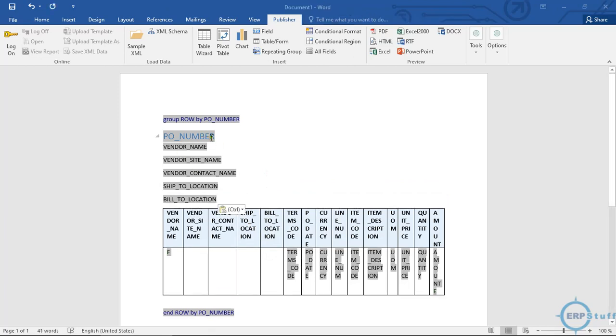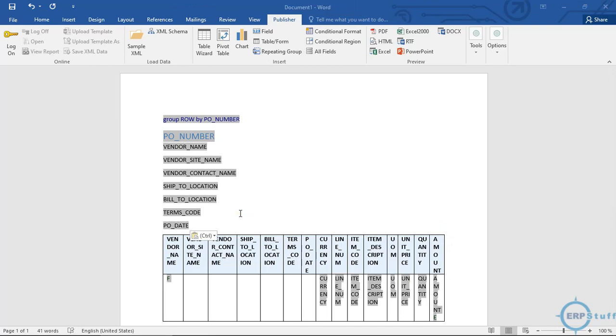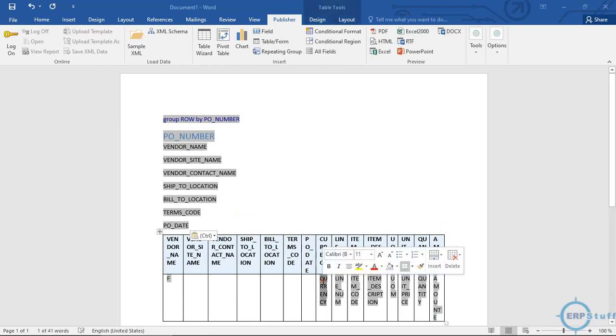I am not creating tables in the top header. You can format the way you want, up to you. I'm just putting down here terms, PO date, and currency I have to put in the header.